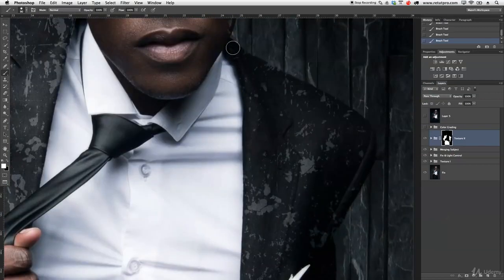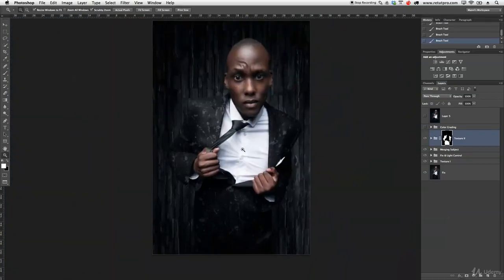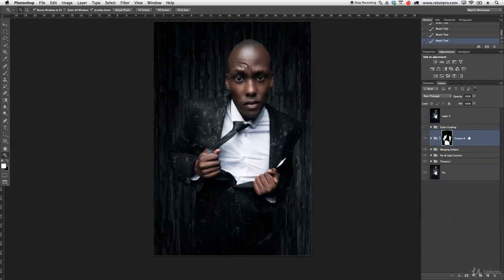Now for the next step, what I want to do is obviously make this texture come out a little bit more. So again, that's why I created directly a new group over here. So what we can do now is open this group and go to this texture layer again. So first of all, the mask is just affecting the suit and the subject, and the texture we have on its own. So again, going back to adjustments here at the top,